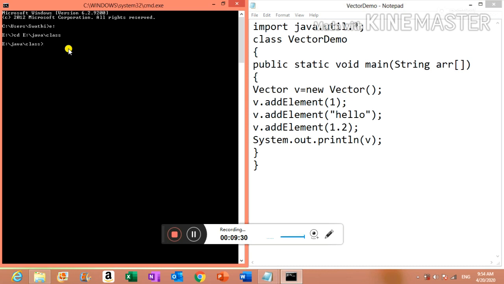So for compiling any Java program, what command will you use? You will use the javac command, right? javac space name of the program. What is the name of the program? VectorDemo.java. Okay, let me press enter.